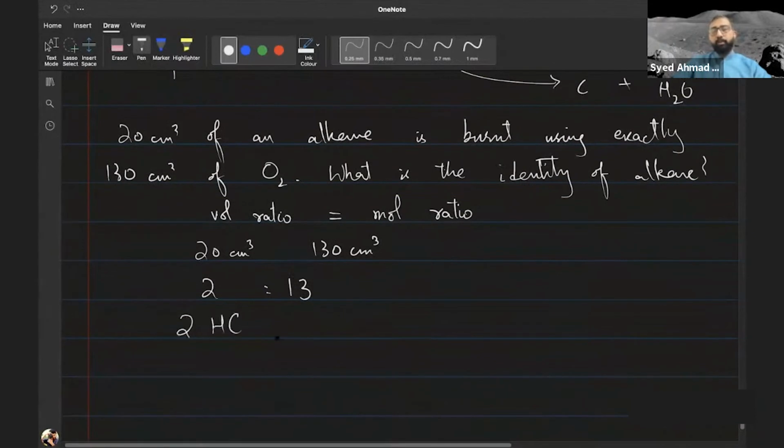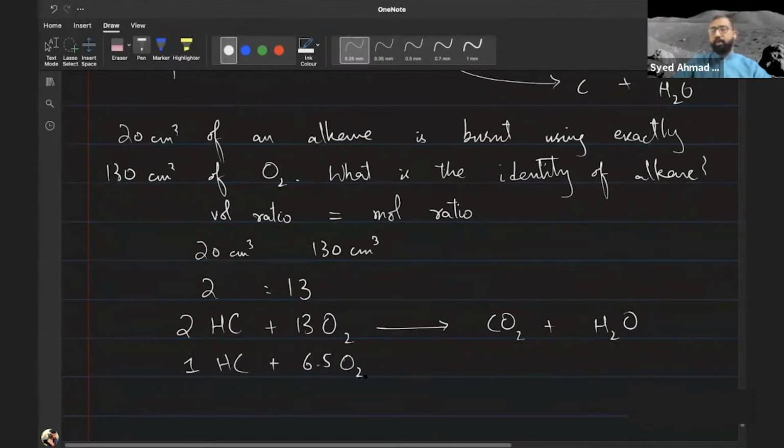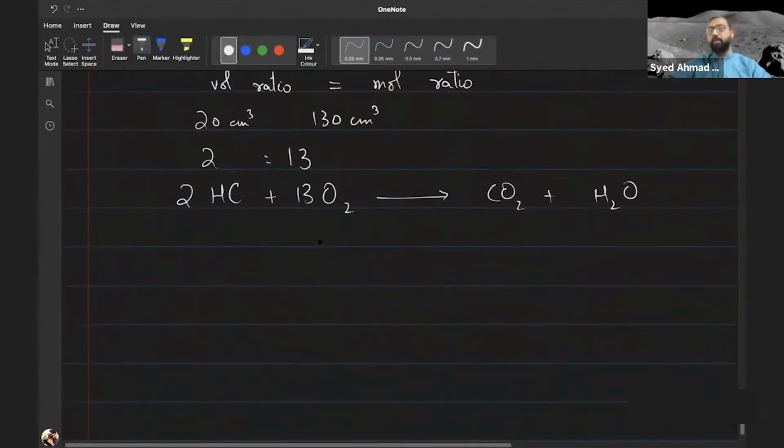तो इसका मतलब है, मैं इक्वेशन बना देता हूँ, 2 moles of hydrocarbon plus 13 oxygen makes carbon dioxide and water। मैं इसको फर्दर भी कर सकता हूँ, I can also say कि 1 mole of this hydrocarbon produces 6.5 oxygen। क्यों? 13 divided by 2। लेकिन मैं उस तरफ जाऊंगा नहीं, I want to keep things in integers। Okay, so what do we do here? First step, हमें alkanes पता है, हमारे पास different options होंगी।